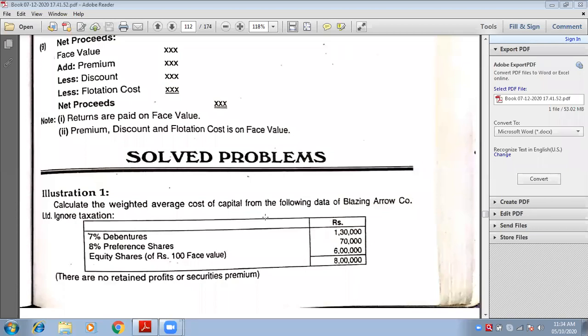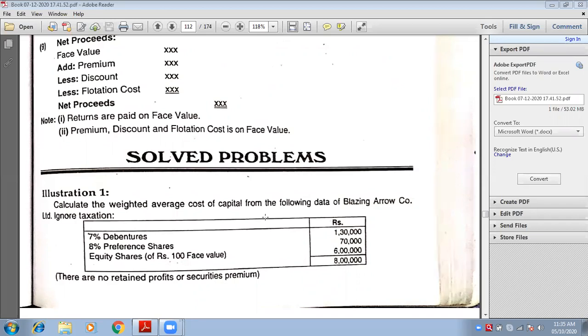To debenture holders, suppose I pay 50 lakhs. There are hundreds and hundreds of debenture holders; in all I'm paying them 50 lakhs rupees, the total expenditure. Debenture holders, KD. And KP is again 50 lakhs rupees, for example. Sorry, I've earned 1 crore rupees now.